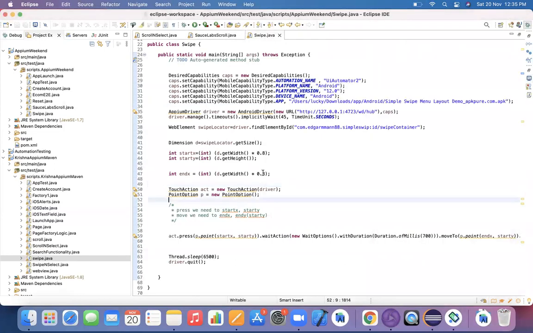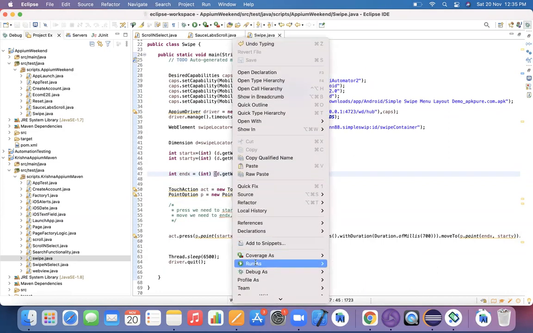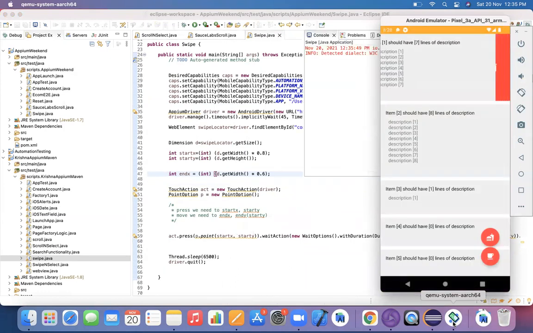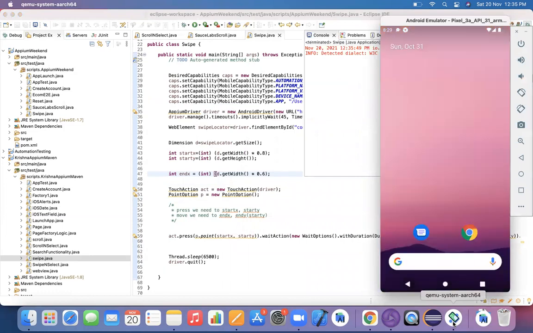For suppose this width, I'm giving it as 60 percent. I had given it initially as 30 percent and now I changed it to 60 percent and I'm giving it a try. Manually also we noticed that if we are not moving up to 50% of the screen, it's performing and moving out.